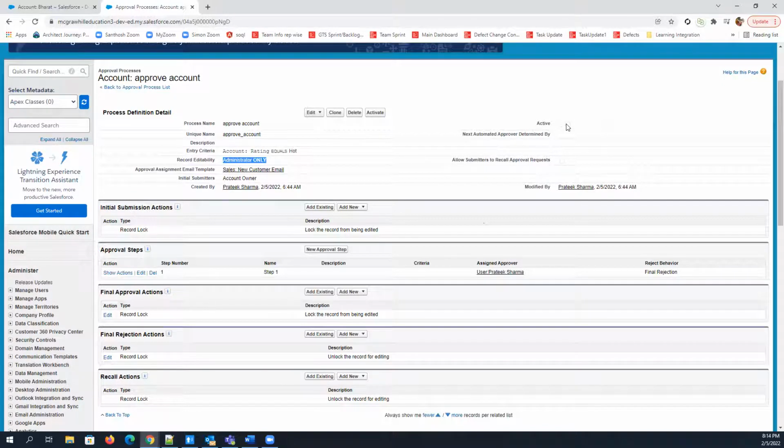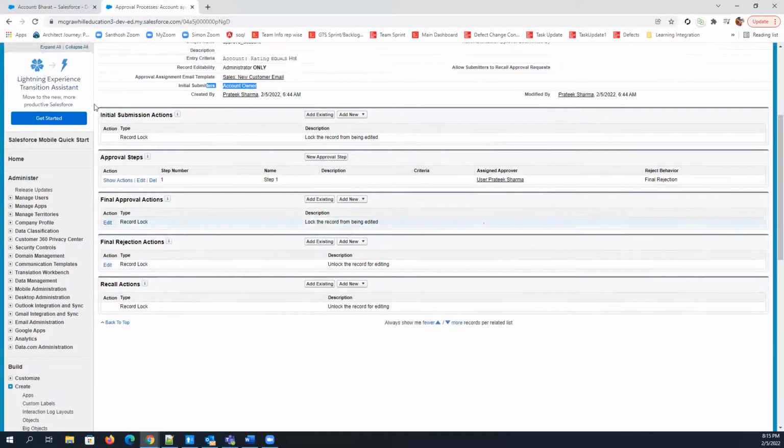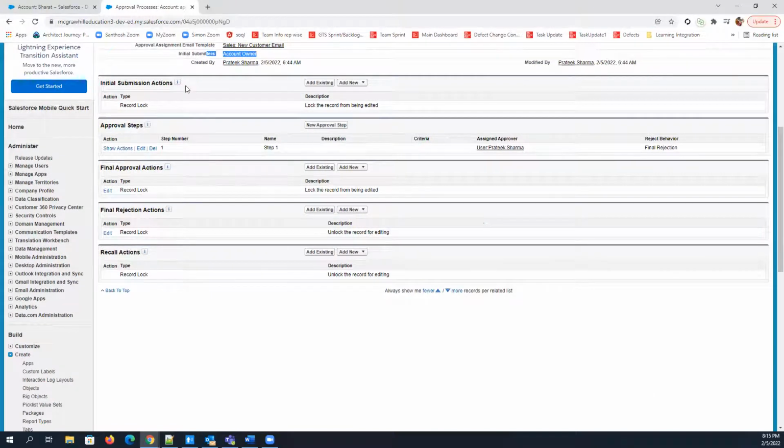And you have to activate this approval process to run. Then approval assignment email template, initial submitters, account owners can only submit the record for approval, and all these things. Now here are the options that you can pick to update the fields that we have created. So these are the actions you can run at the time of processing that record for approval, right?